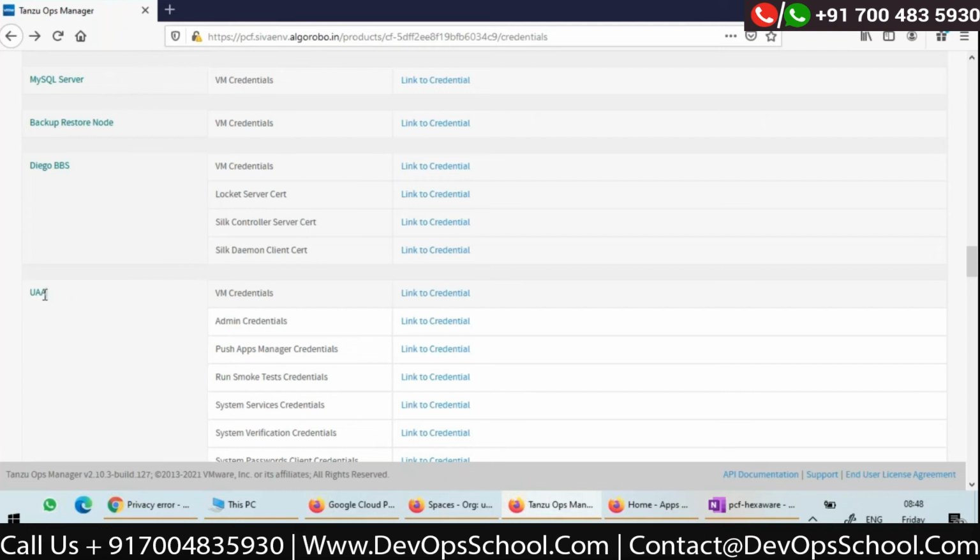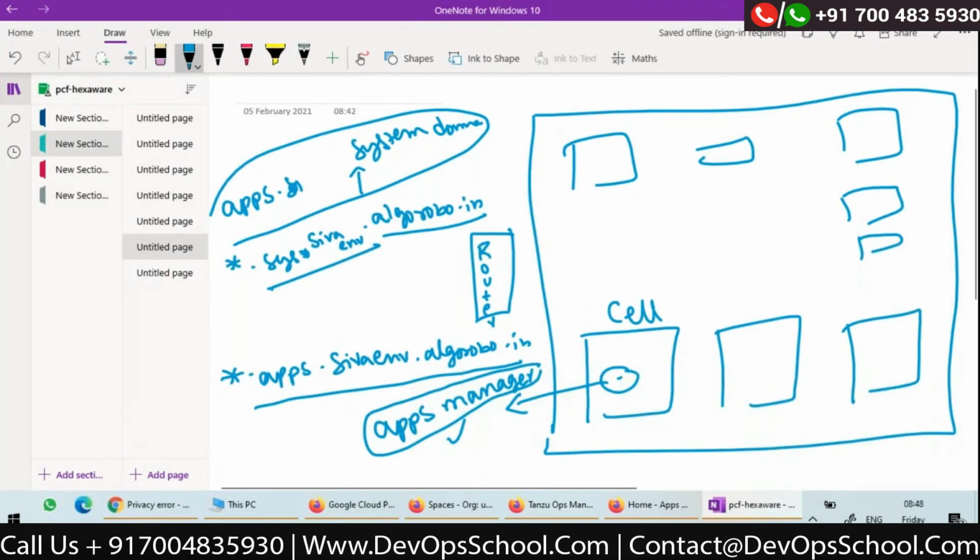Okay, what is this UAA? In Cloud Foundry, I told you that there are a lot of VMs, right? One of the VMs will be containing something called UAA, User Accounts and Authentication. It is nothing but an OAuth server, which is used for authentication.